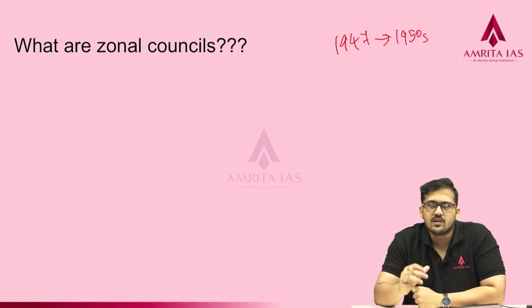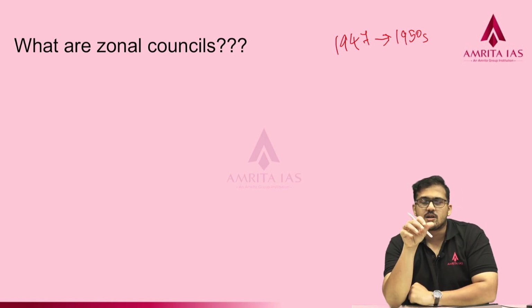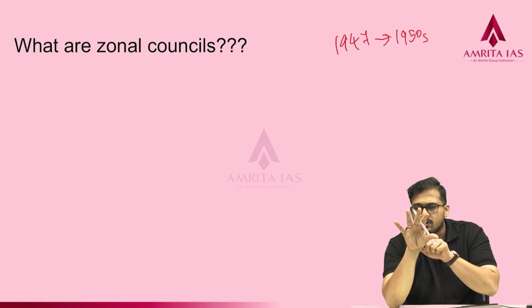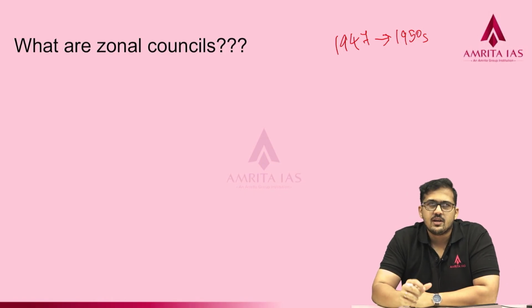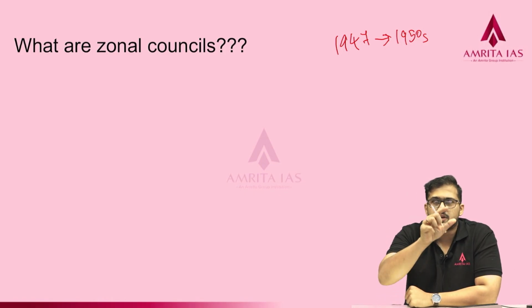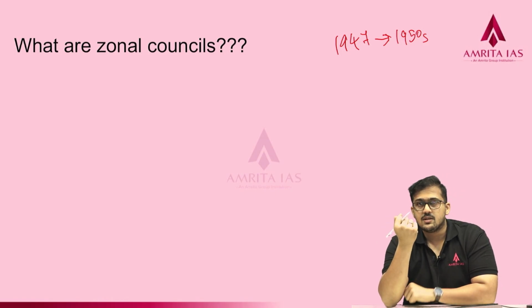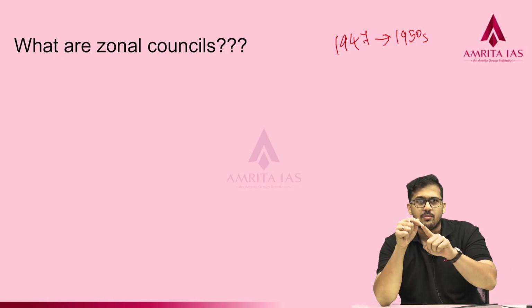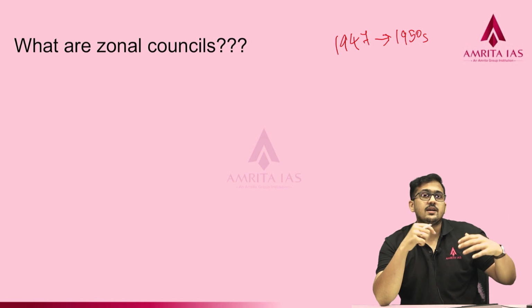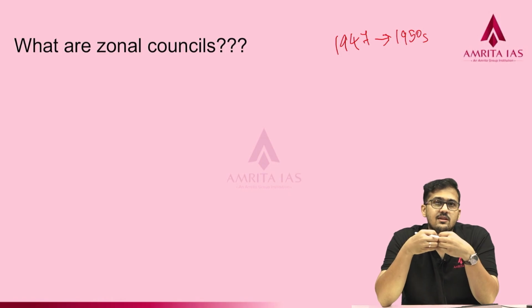So what was the issue? The issue was very simple. One huge state in which different languages are being spoken, but the administrative control is vested with one of the situated areas. A similar issue happened with the state of Bombay. In the state of Bombay, the Marathi speaking Bombay population had the administrative control because the headquarters was present there. But present day Gujarat was also part of the larger state of Bombay, where Gujarati is spoken, and they have huge wealth and economic resources. These kinds of disputes between people within a state created tension,